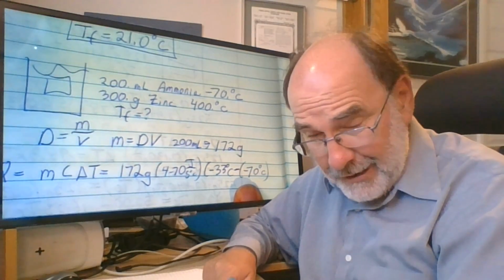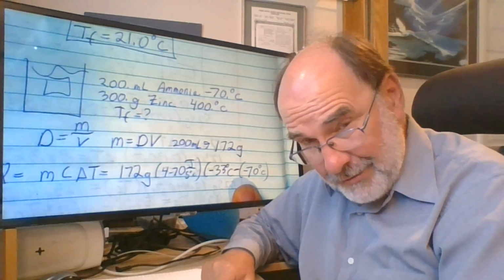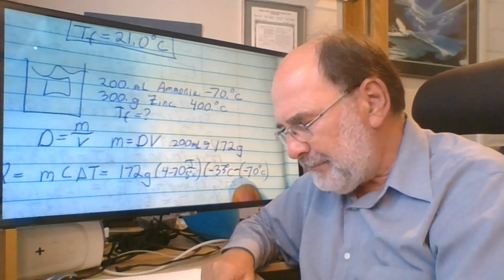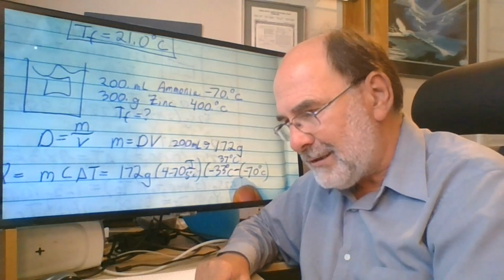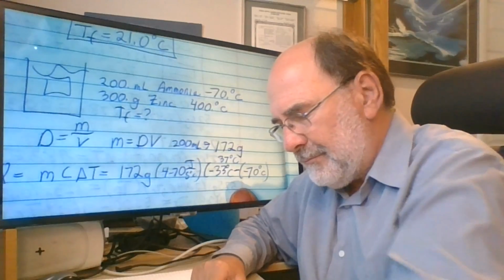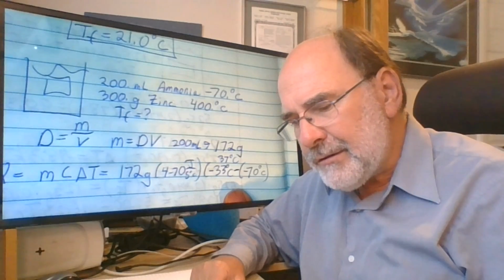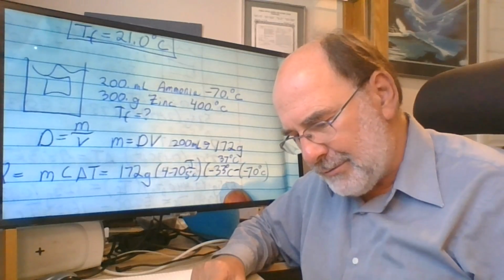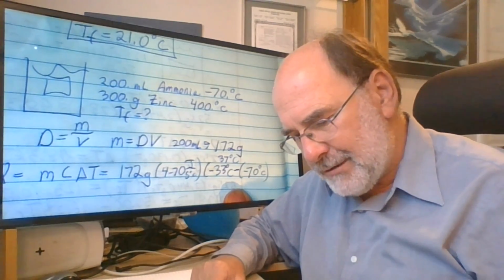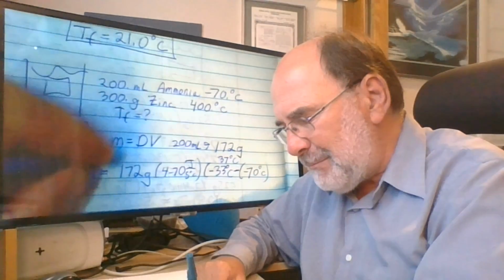So you're subtracting the negative, which means you're adding the positive. You can think of this as being 70 minus 33, which I suppose is 37 degrees C as a positive quantity. All right, so armed with a calculator, 172 times 4.7 times 37, enter, and I get